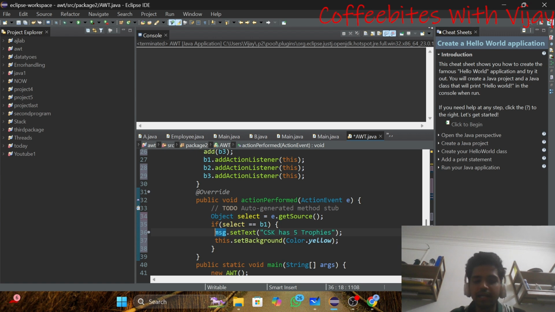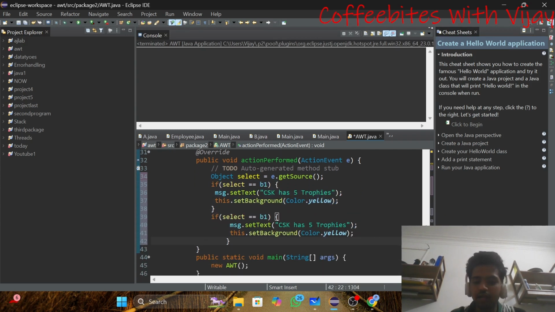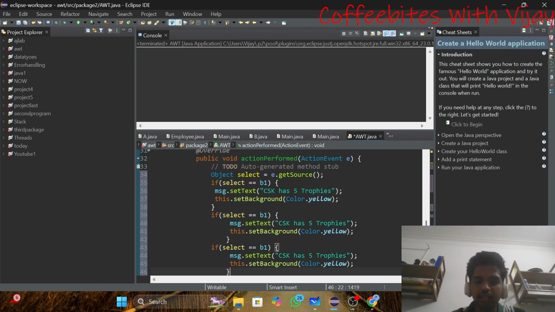And now I will do the same thing for RCB and MI. I'll select this and I'll do the same thing. I'll just change this as B2. This is B2. Then change this as button 2 is RCB. So change this as RCB has 0 trophies.